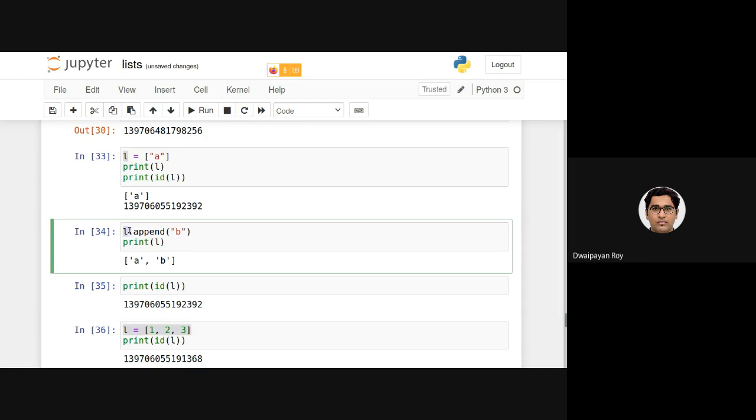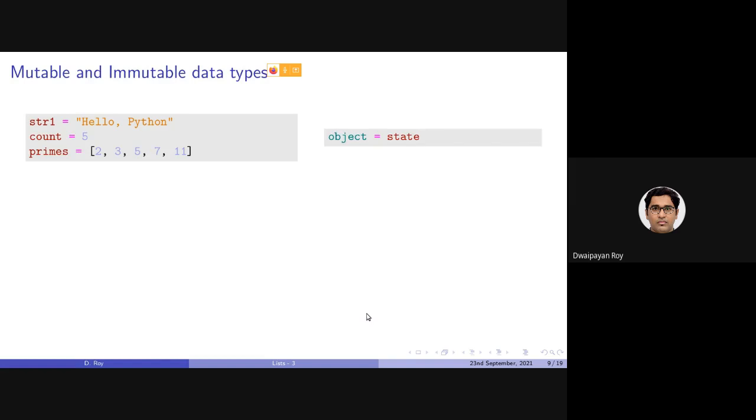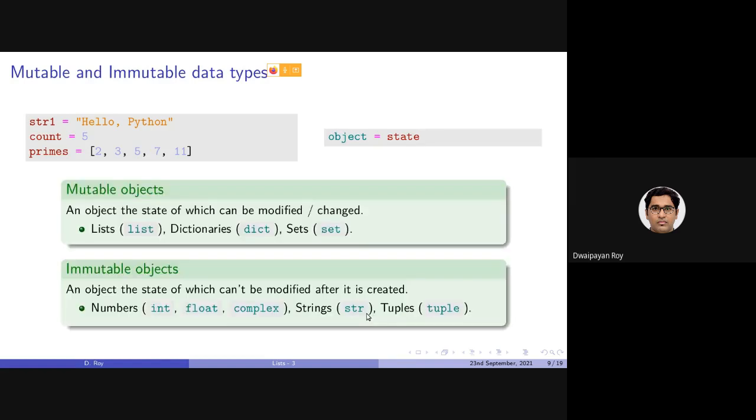So in one word, variables declared of mutable data types can be modified. But for immutable data types like string, we cannot change them. So formally, as we have discussed, everything in Python is basically an object of something or the other.